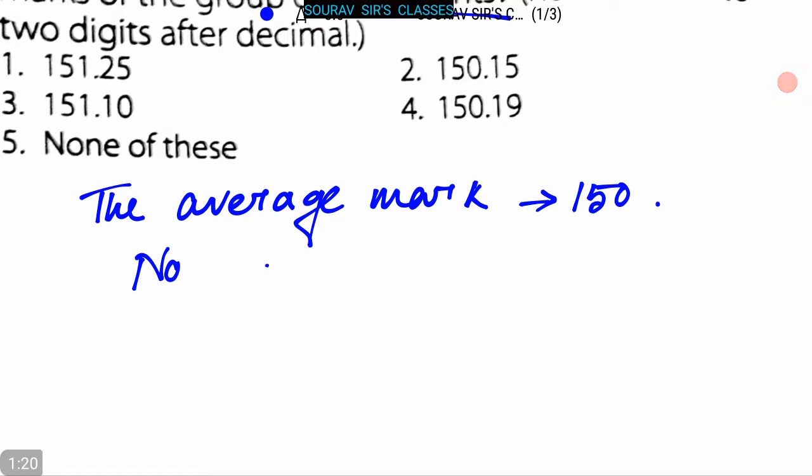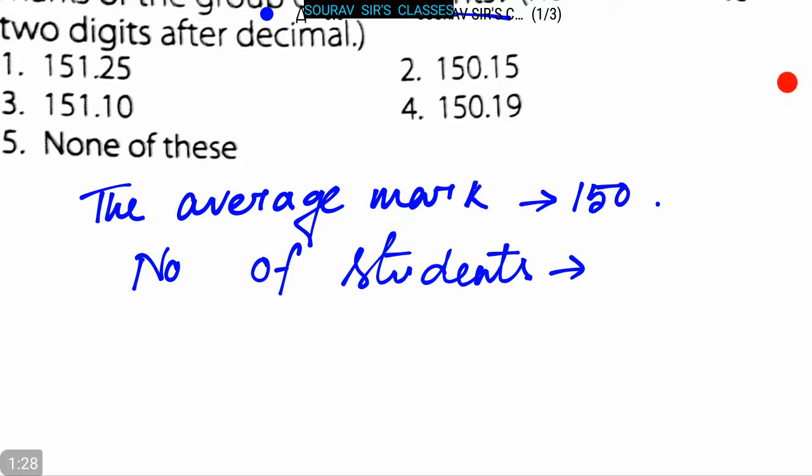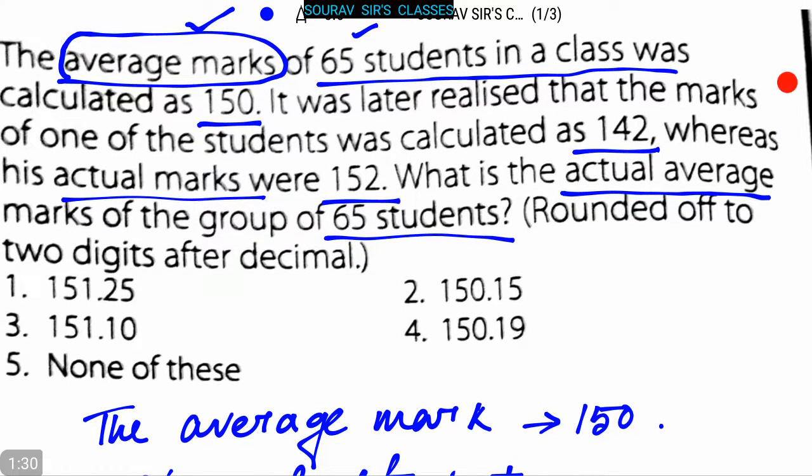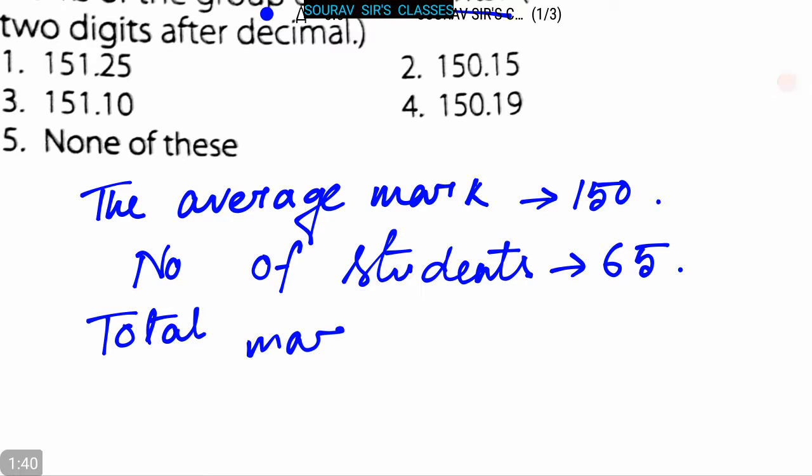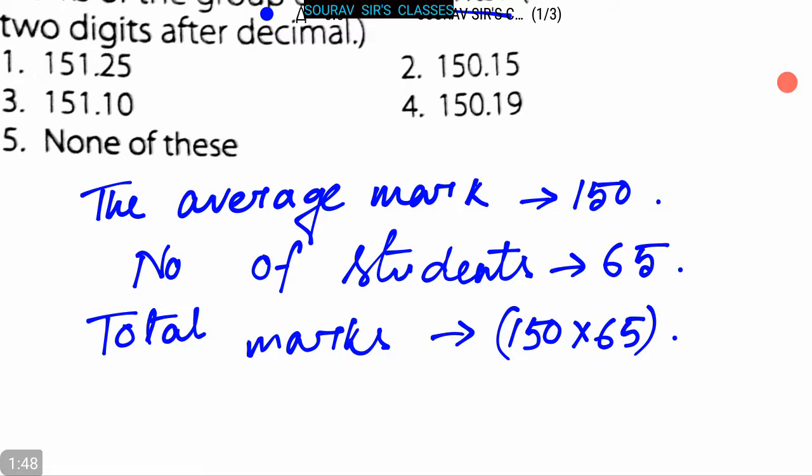Now number of students is 65. So the total marks is 150 into 65. This is the total marks. Now